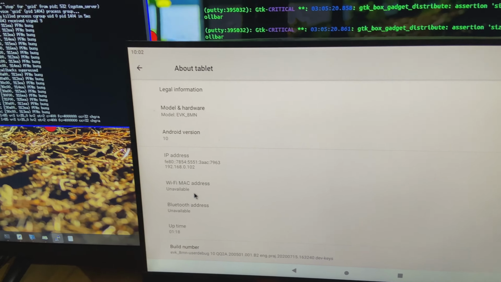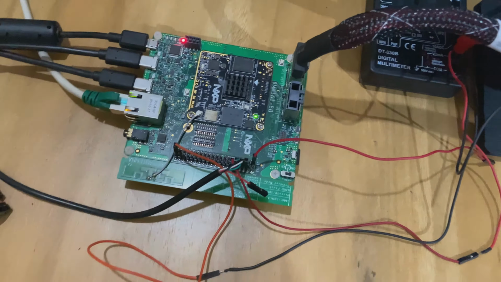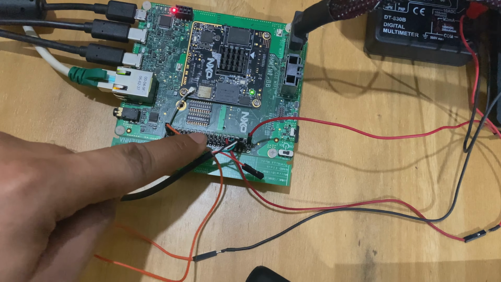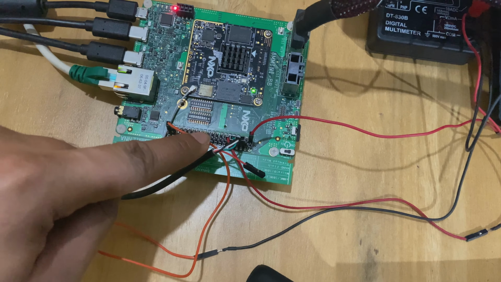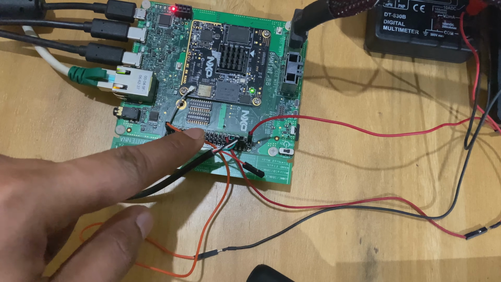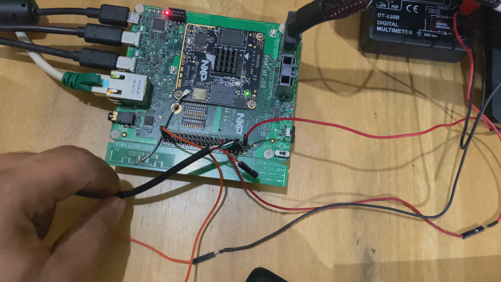In the upcoming videos, I'm going to demonstrate how to toggle GPIO on this expansion port. This is basically connected to an IO expander. So I will show how to do that from the Linux shell. As well, you can see I have connected a